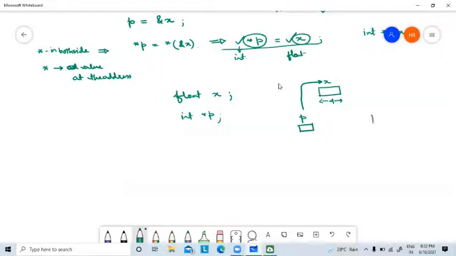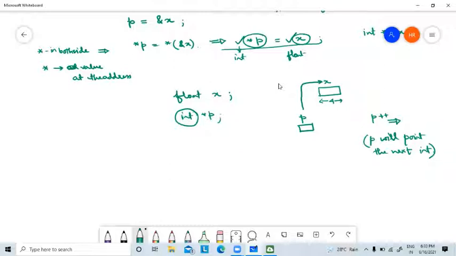Now, if we perform p++, what is the meaning of pointer plus plus? The meaning of p++ is that p will point to the next variable of its type. Because p is declared as integer, p will point to the next integer variable.